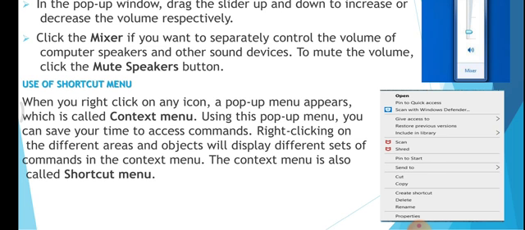Dear students, as you can see in the picture, when you right click on any icon, this type of a pop-up menu appears. So using this pop-up menu, you can access any command you like. If you want to copy, then you can click on copy. If you want to move a file or folder, you can click on cut, and there are more other options like rename, delete, create shortcuts, scan, restore previous versions, and etc.